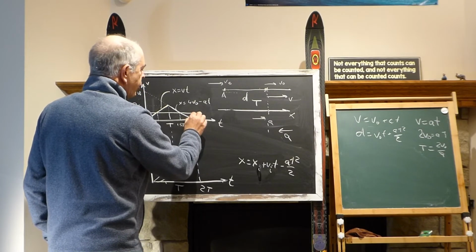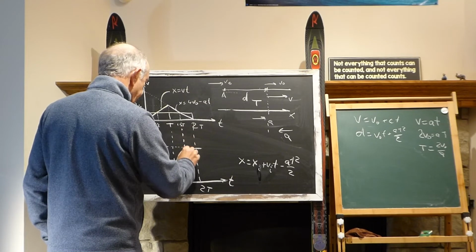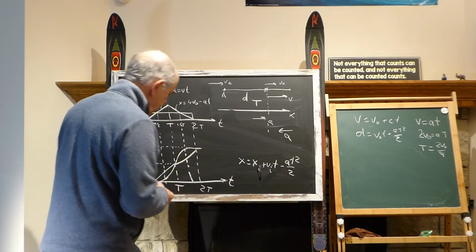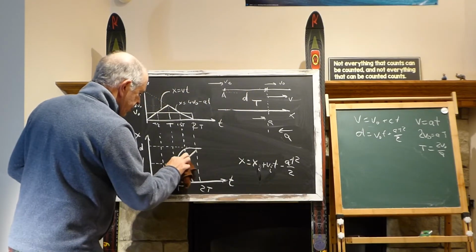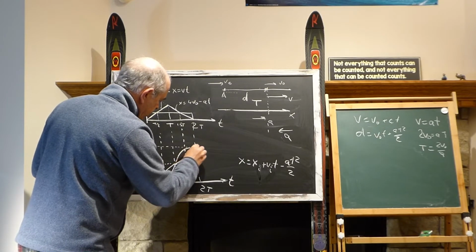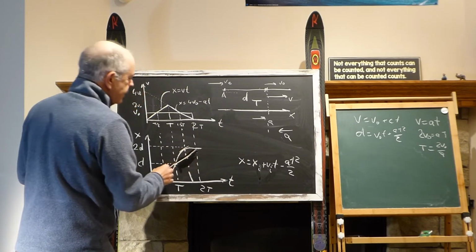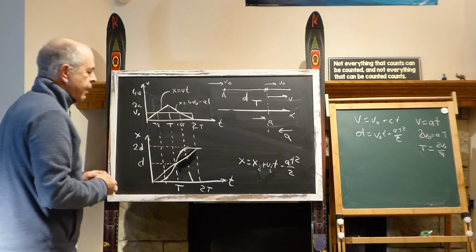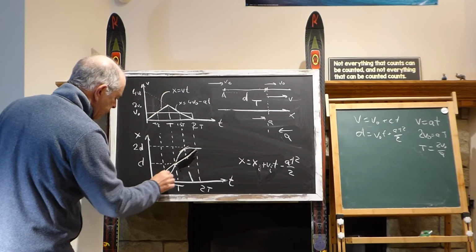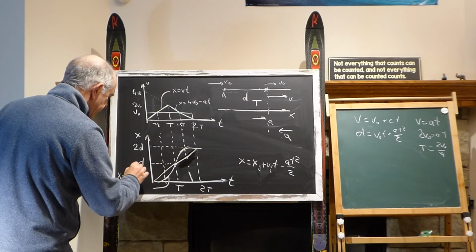The car would be standing still. And so this is the moment then. I didn't draw a straight line. Let me draw a good straight line to this point. So at that point this incline and this incline would be the same because they will have the same speed. So this is the parabola that is truly defined with the formula x equals xi plus vi t minus at squared,